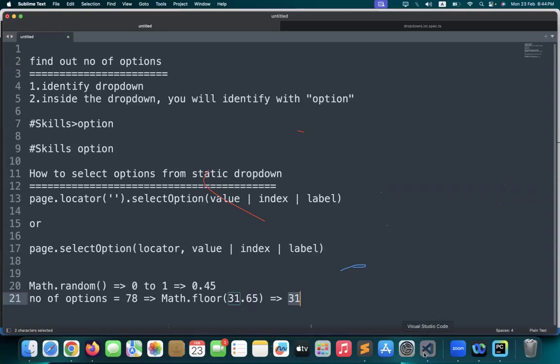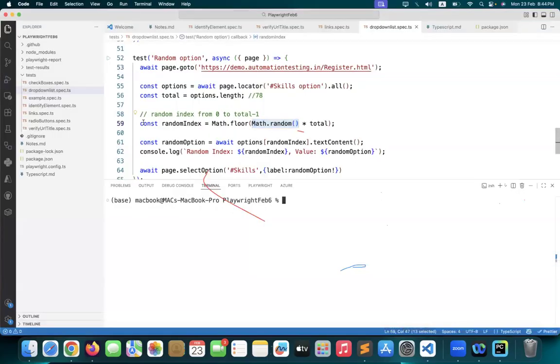Okay. So here, simple. There is a library called math. Under that, Math.random into total. First, we are trying to generate a number between 0 and 78. That's why here I'm multiplying with the total. Okay. So this random index, once I get this random index,